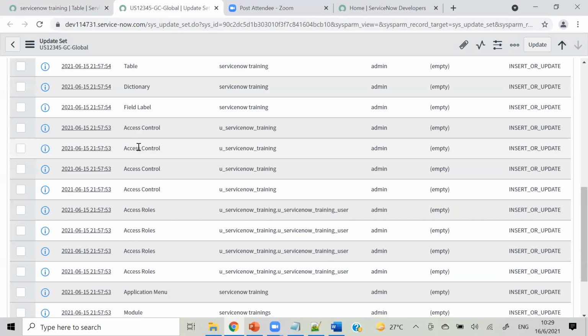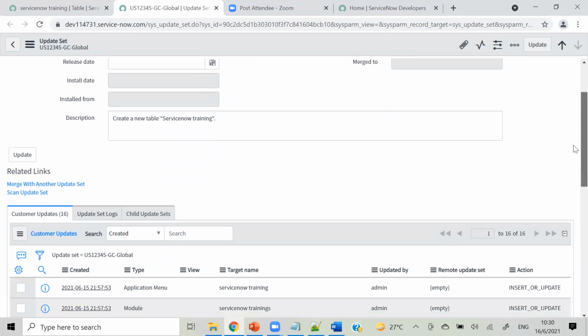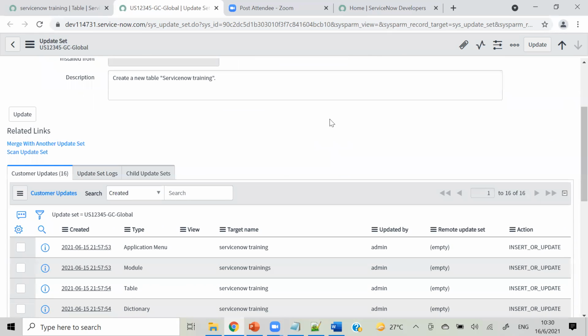So that all gets captured here: 4 ACLs and access roles. The same 4 access roles got created, and for each ACL it will have a role, so 4 times access role got created. Again application, menu, module, and role. This is my application menu, this is my module, this is my user role, which got created by default.